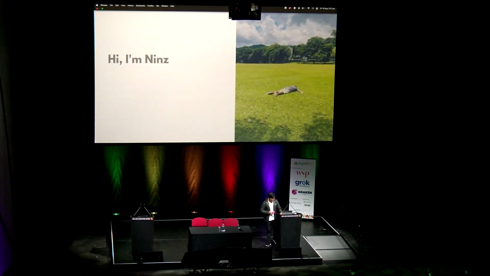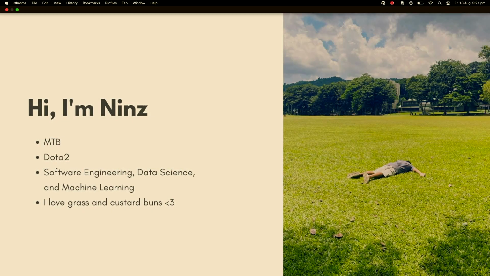A little bit about myself. I'm Nins. I do mountain bike. I love Dota 2. You can talk to me about software engineering, data science, machine learning. I love to lay on grasses, as evident by the picture. And I like custard buns. You know custard buns? It's really good. Anyway,